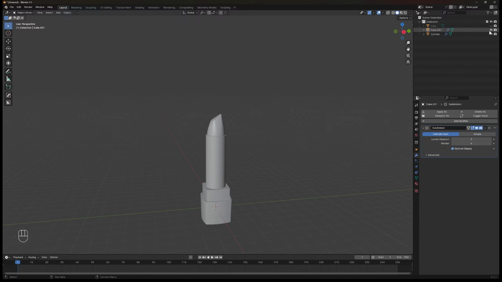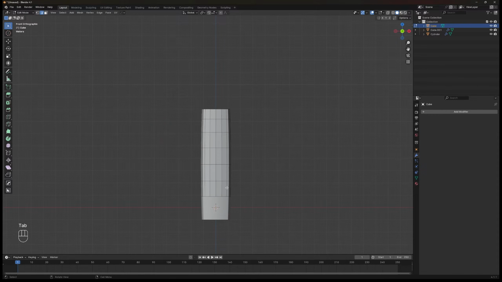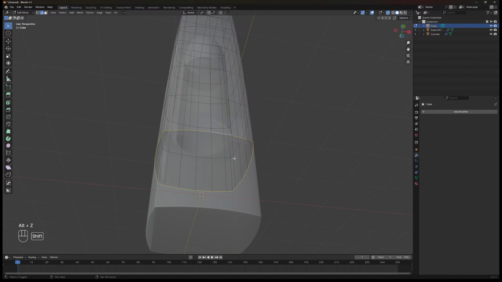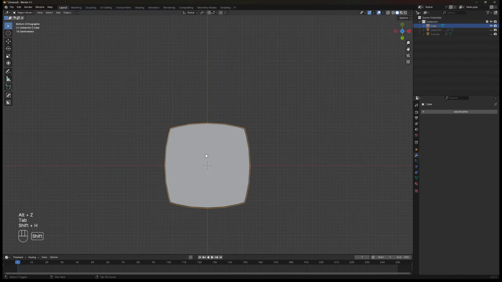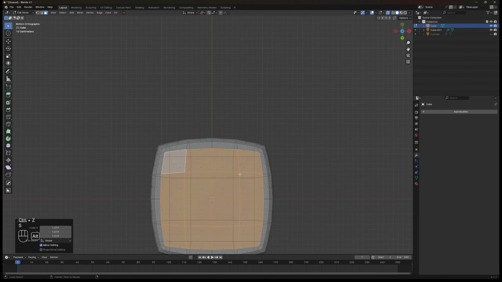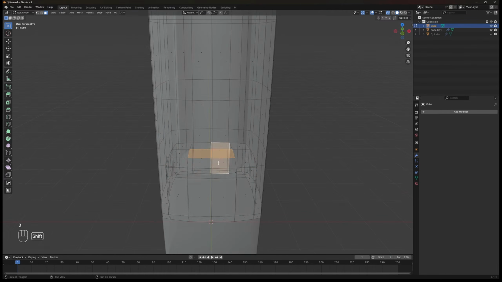In the layer panel, unhide the lid and select it. Then move to edit mode. Select the bottom loop edge and press Ctrl plus F, then choose Grid Fill. The methods are the same as when we created the body, but this part is inverted. Extrude and scale the face, just trace it the same as the body.